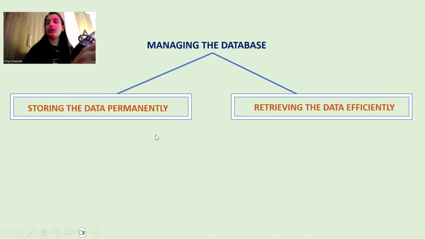If you consider any application, YouTube, Amazon, Flipkart, they all first store the data permanently in their databases. Let's say you have placed one order. Under your username, you will always have that order history. They have stored the order history permanently in their database, right? That is what we call storing. Collect the data and store it into the database.